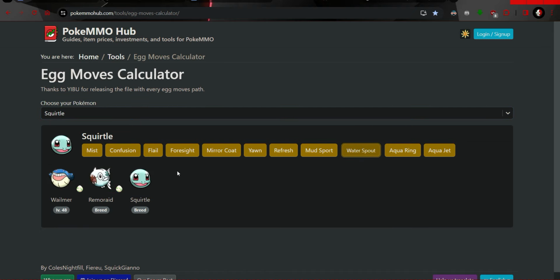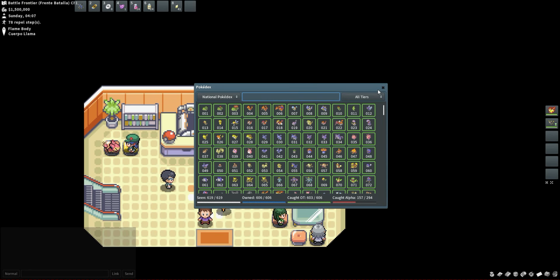So here it tells you that in order to give Squirtle Water Spout, you need Whelmer. In this case, it's gonna be a male Whelmer and a female Remoraid. It'll pass on Water Spout, and then you're gonna need to have a male Remoraid give Water Spout to Squirtle. So the first thing I'm gonna do is search